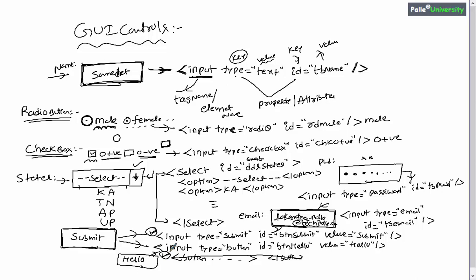So almost I have explained all the controls, or all the GUI tags. Finally, I would like to talk about two more tags. The next tag is the anchor tag. So what does the anchor tag mean? In many cases, many websites will have some hyperlink, something like this. Above the hyperlink you can observe logout or something, right?